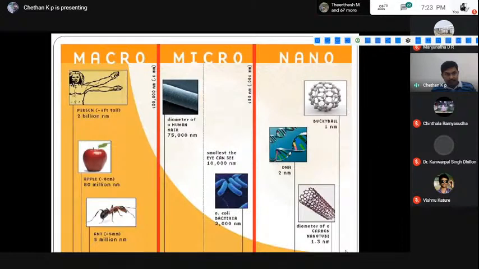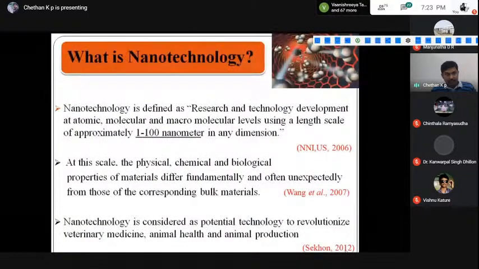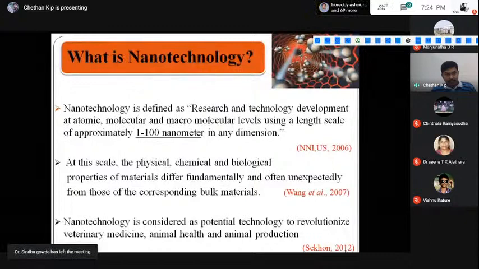So let's understand what is nanotechnology. The nanotechnology initiative by US defines it as the understanding and control of matter at molecular and macromolecular levels using a length scale of approximately 1 to 100 nanometer, in particular particles to the tune of 1 to 100 nanometer. At this scale, the physical and the chemical properties sometimes change unexpectedly from those of the corresponding bulky materials. Currently, this nanotechnology